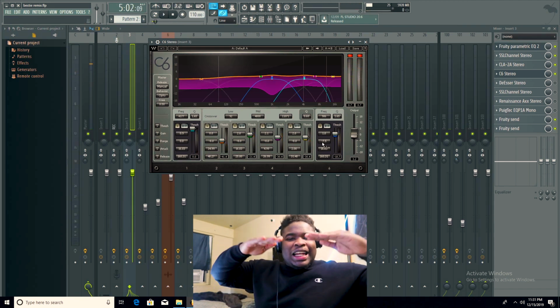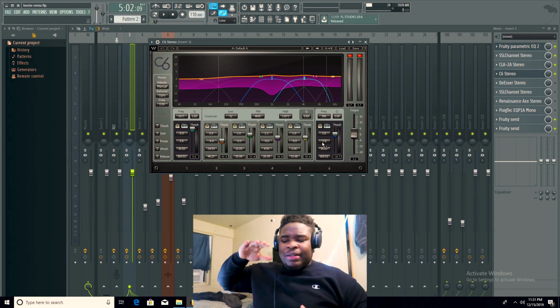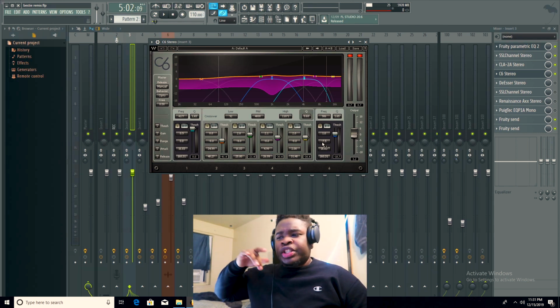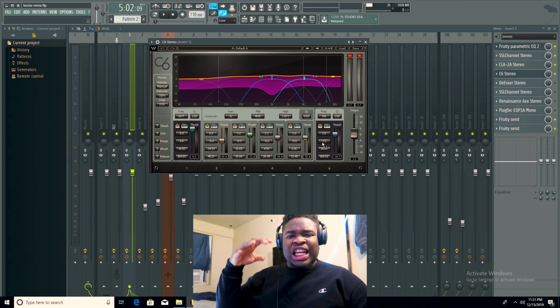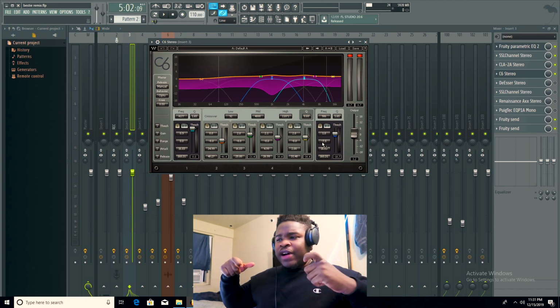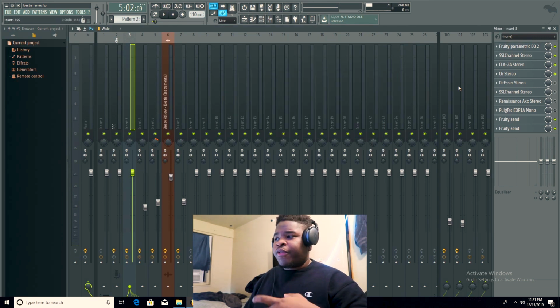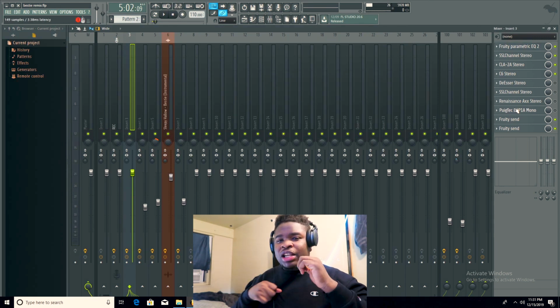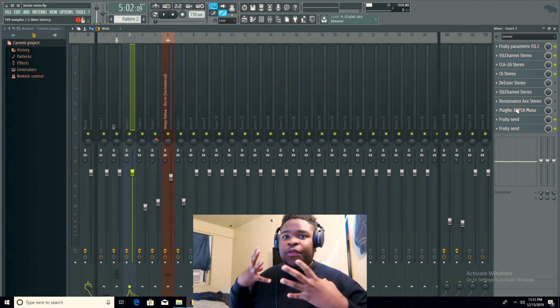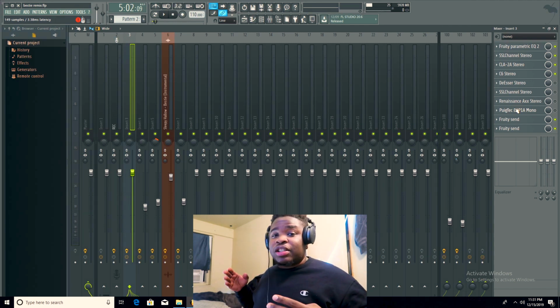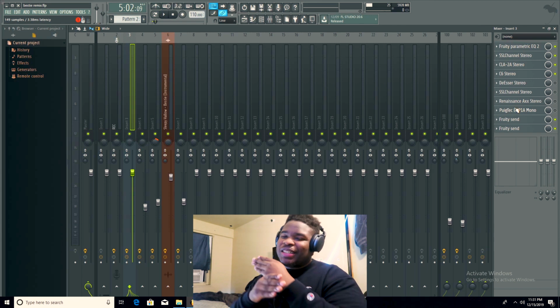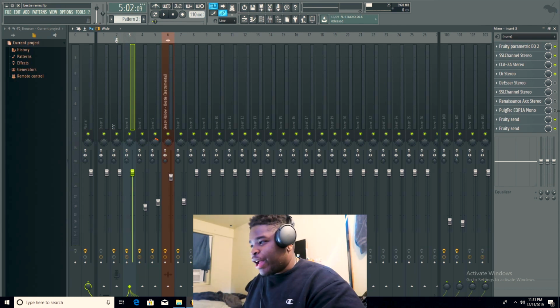This just lightly brings down the volume at all the peaks that are going on in the song. This compression just keeps it nice and tight. Raise the volume that I lost, and this plugin brings out really great characteristics for your vocals, and you always got to make sure that you're adding plugins that add flavor and sauce to your vocals, because if you can get that, then your vocals are always gonna sound fire.